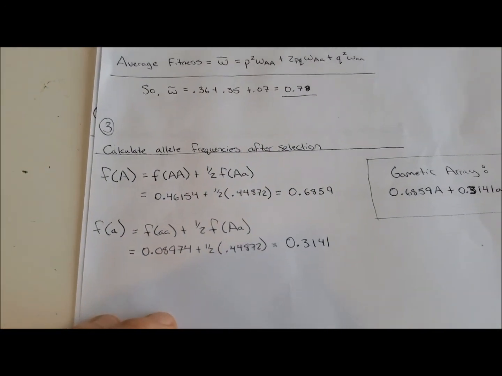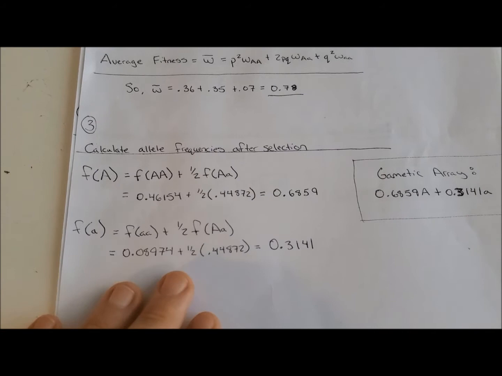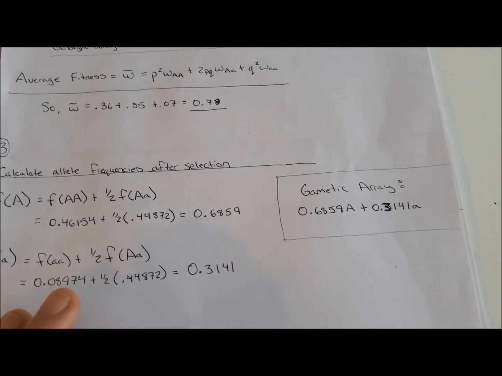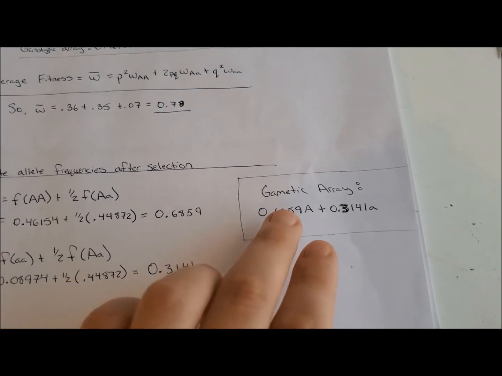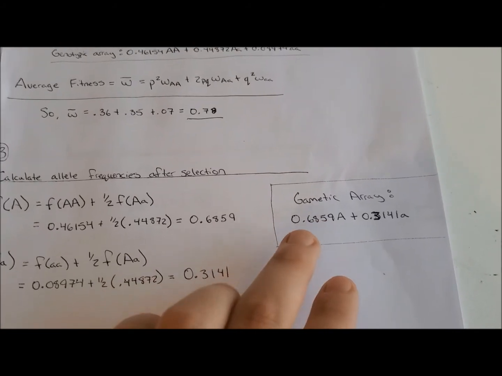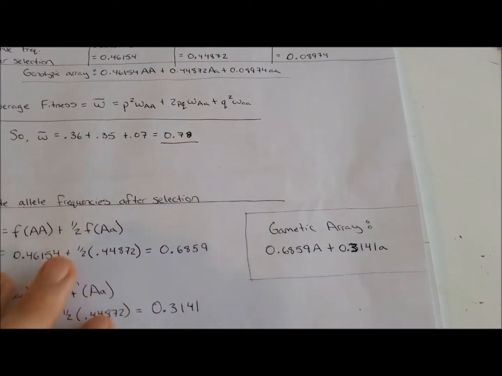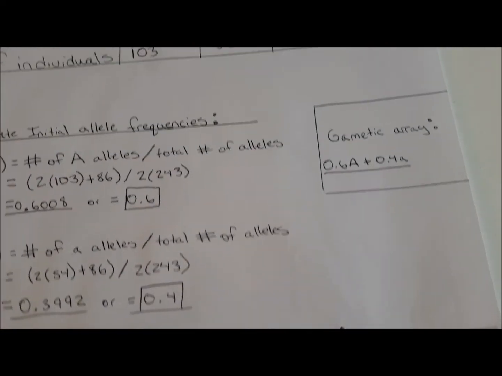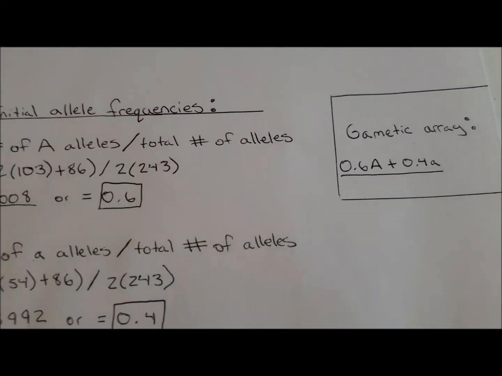So pause here if you'd like to see the math worked out for that. And we actually end up getting a gametic array of this after selection. As you can see, there are more big A alleles than there were in the first gametic array, which gives